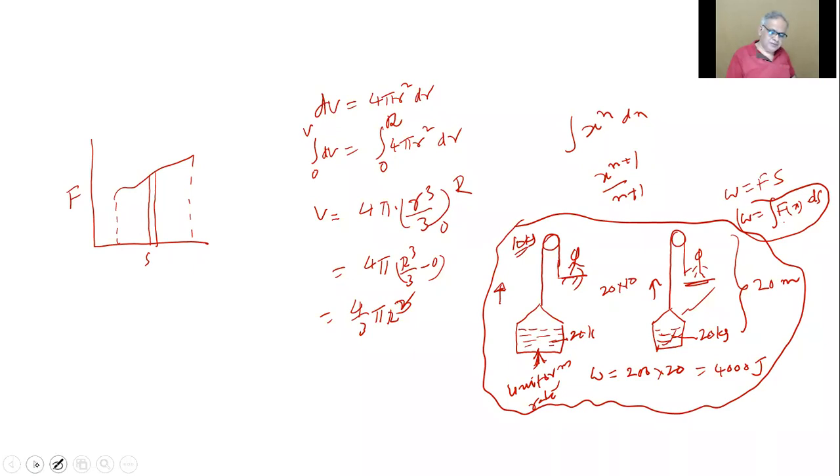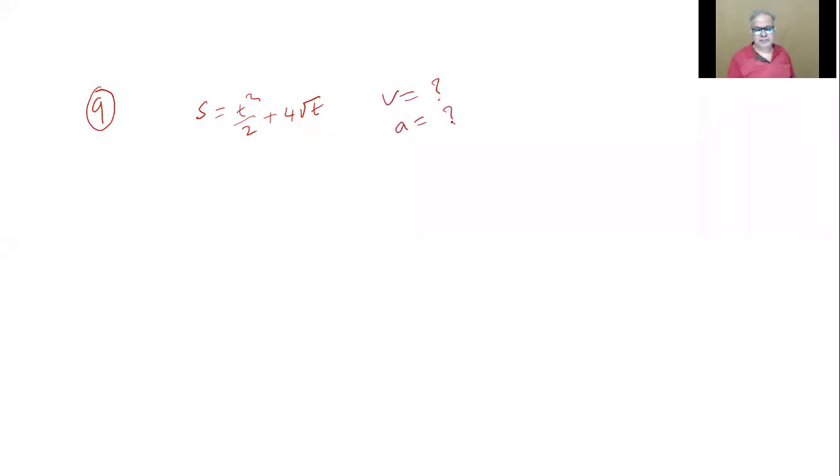So I'll go for another question, for example, a question which you can do on your own. Suhita, guide me as to how to do this 9th one. Read the question and tell me what to do. I'll write for you. If the displacement of a particle is given by s equals t square by 2 plus 4 root t, find the velocity and acceleration at t equals 4 seconds. Straightforward. V equals how much? A equals how much? Come on, tell me. S is there, t square by 2 plus 4 root t.